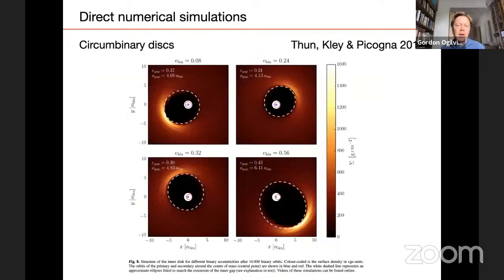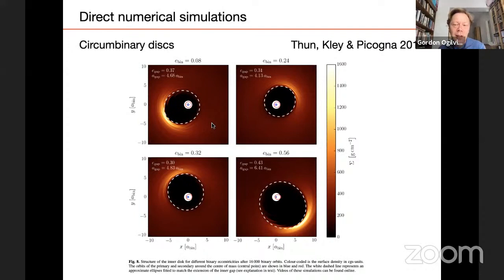Now, these circumbinary disks have also been studied quite a lot in basically a two-dimensional configuration without any tilt involved. And there it's found that they typically become eccentric, even if, in fact especially if, the central binary is circular. So in this case, eccentricity can develop in the disk as a result of a resonant interaction between the motion of the binary and the motion of the surrounding disk, leading to a growth of eccentricity.